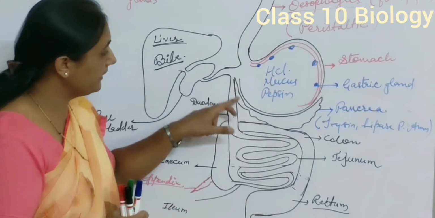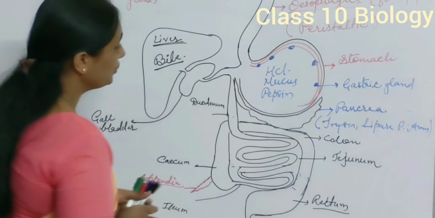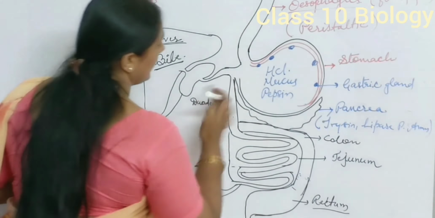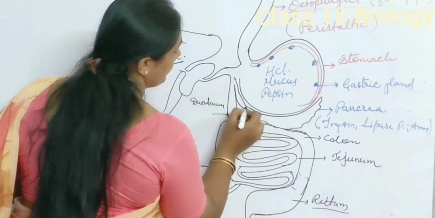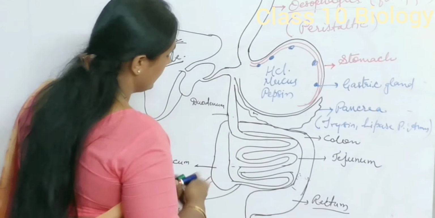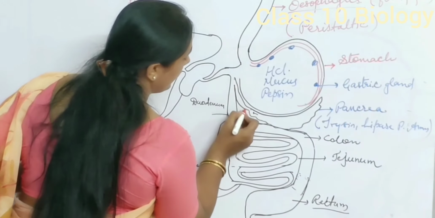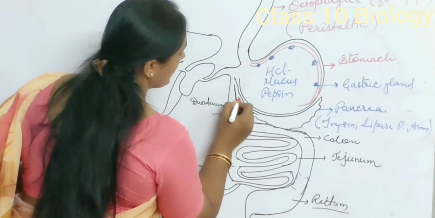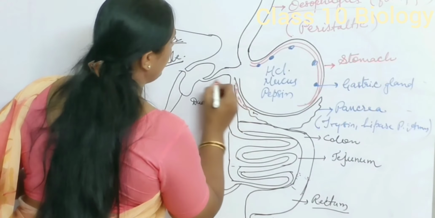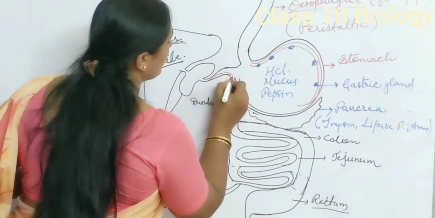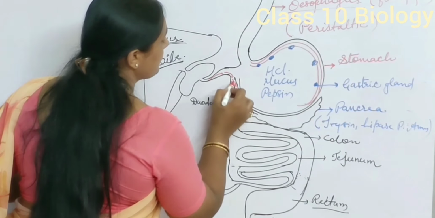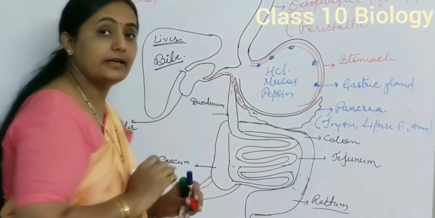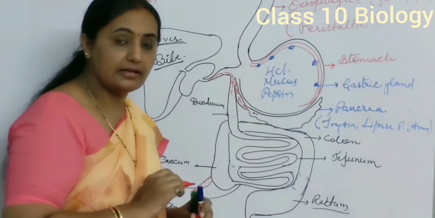So the pancreatic duct and bile duct both open together in a common passage. See here, this is the pancreatic duct. The pancreatic duct starts from here. This is the pancreas and the duct starts from here. And this is the bile duct. Both open here. As soon as bile mixes with this material, the pancreatic enzymes become active in alkaline